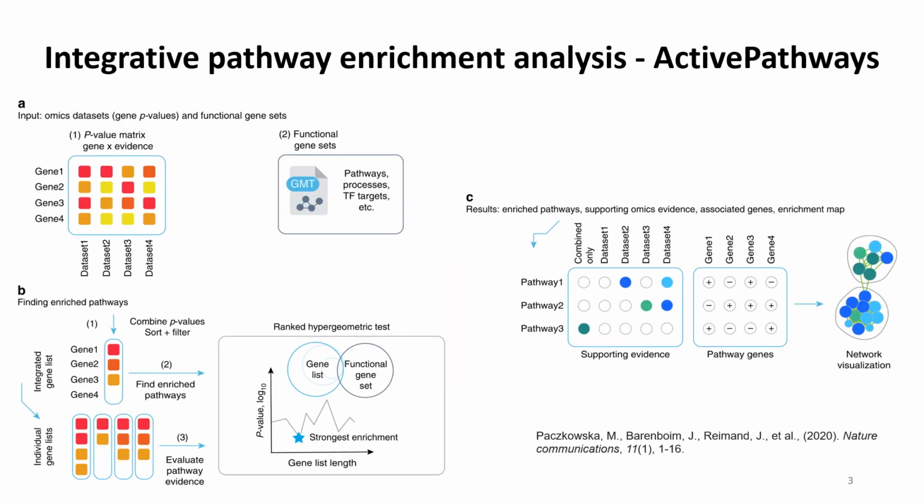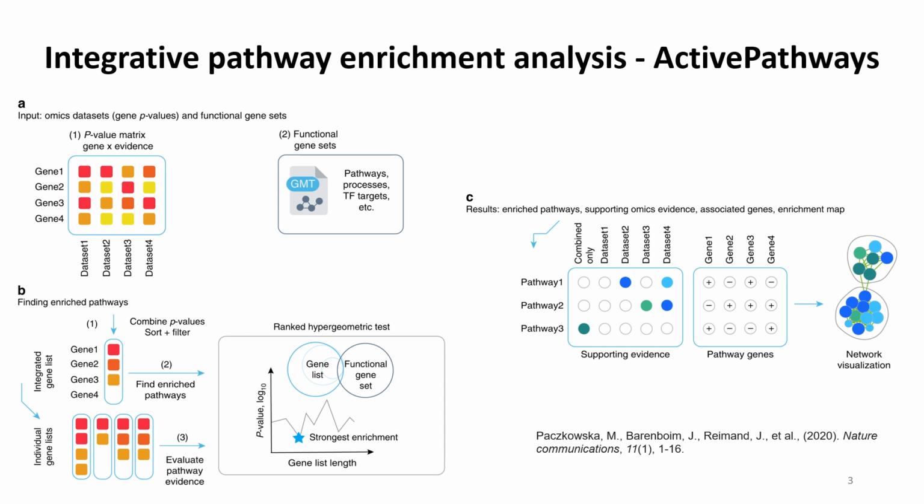ActivePathways, previously developed in the lab, is an integrative pathway enrichment method that uses data fusion to merge signals from multiple omics datasets. First, various upstream analyses, such as differential gene expression, are performed, and p-values are acquired. These significance estimates are well suited for data integration because the upstream processing is expected to take care of technical and experimental confounding effects. To ActivePathways as input, we provide a matrix of gene p-values across multiple omics datasets and